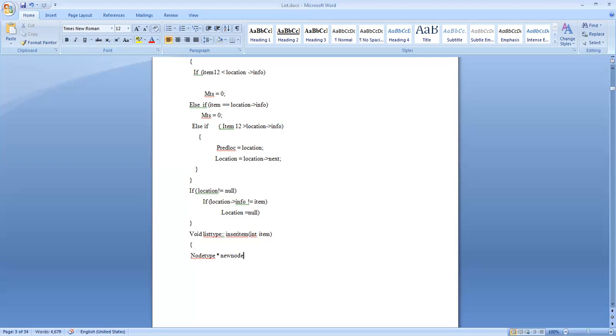new node, comma. I'm going to find values. First of all, to insert this item, I'm going to search for this item in the list. For that, I need two variables. I call them L, comma, star P. Then I accept a value.